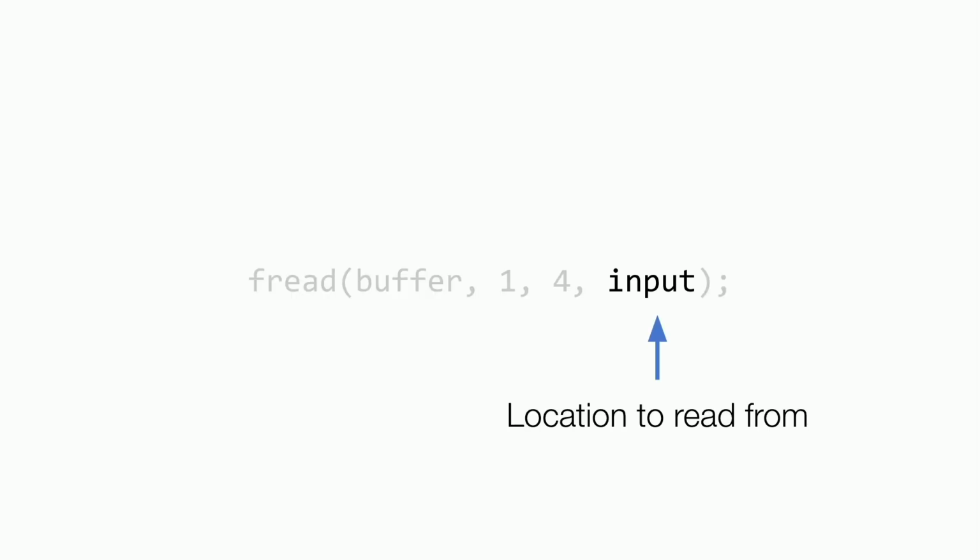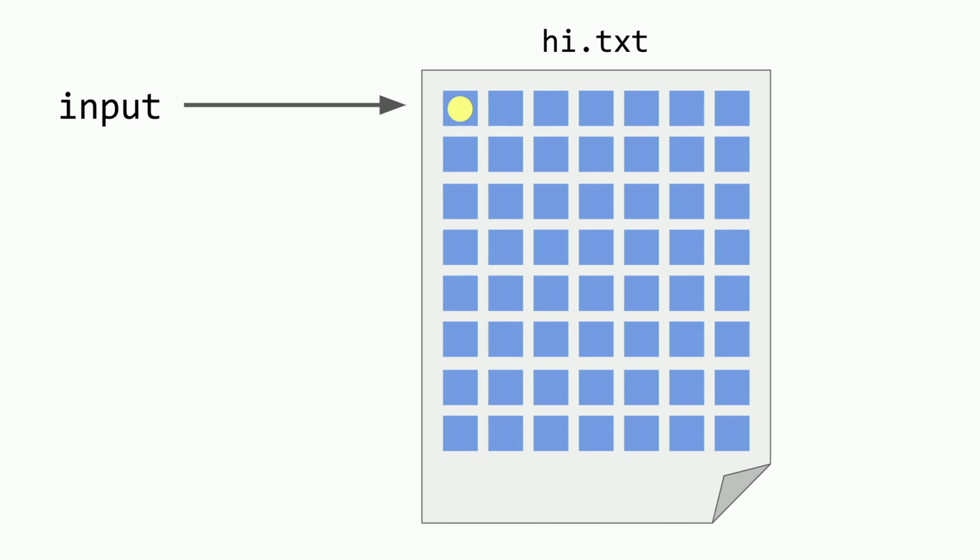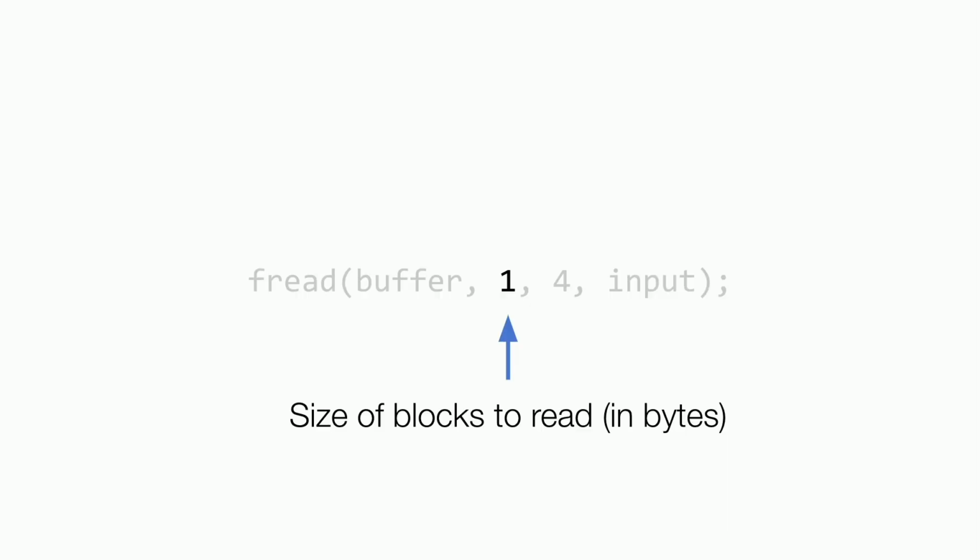So the very last argument in our fread function is the location to read from. So this is the file that you open, the file where you want to grab the information from and read it from there. You can imagine it almost like a little dot or a cursor that's showing you where in this file you are. Then the next part is the size of blocks to read in bytes,